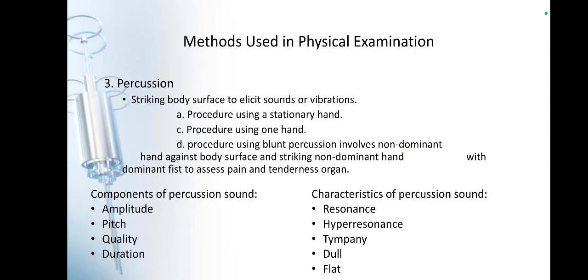to be abnormal. And then we have tympany. This is a musical sound, somewhat like a drum. Just imagine that a drum is percussed, so that is the loud and musical sound. This type of percussion sound is very common when you are percussing the abdomen, or specifically the stomach of